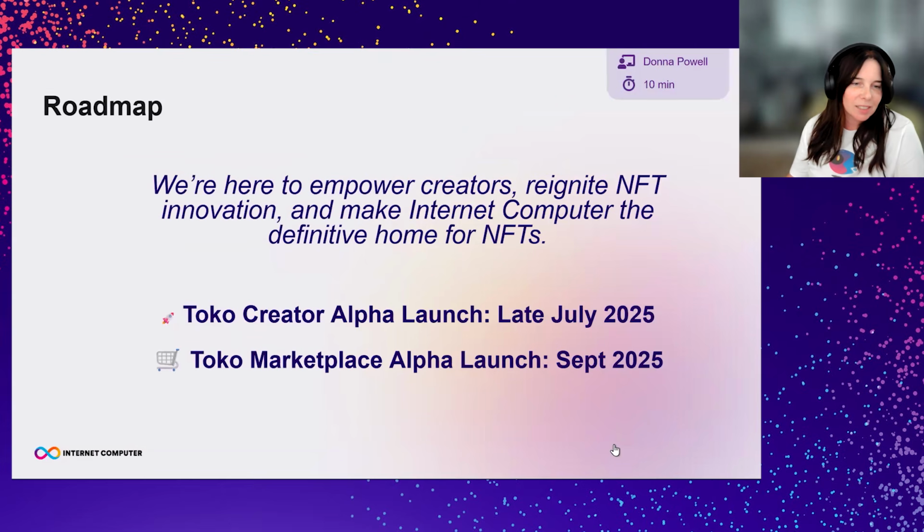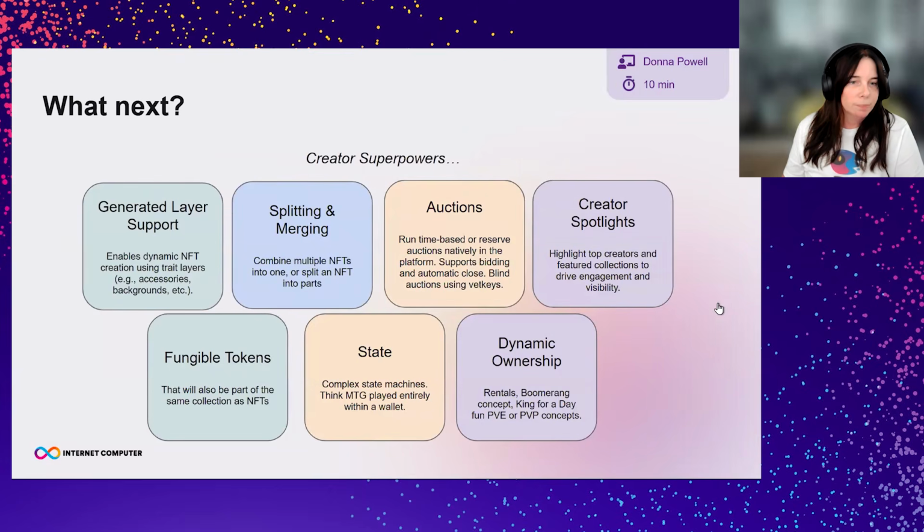So the Toko Creator alpha launch should be late July, and we're shooting for September for the Marketplace alpha launch. But if we get it finished before, we will launch it before. So then I guess what's next? The generated layer support is basically creating NFTs the way that most NFTs are currently created, where you have traits and they have rarity and so on. Then there's splitting and merging, where you'll be able to combine multiple NFTs to transform into another one,